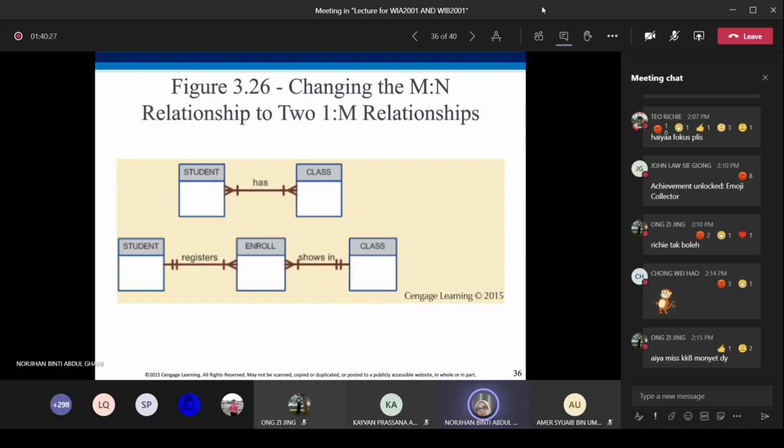If we look at the student, enroll, class entities, student and class are the existing entities, and enroll here is the bridge entity that we have created in order to resolve the many to many relationship.